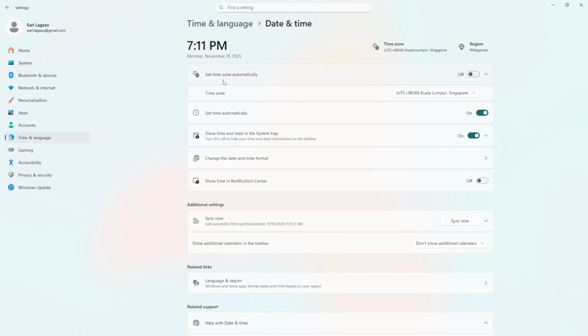Once you've reached the Date and Time settings, check to see if your device is set to adjust time automatically. If it is, you might want to turn this setting off to manually set the date and time. This can be particularly useful in situations where you need precision, and automatic settings might not be updating accurately due to regional adjustments or other factors.